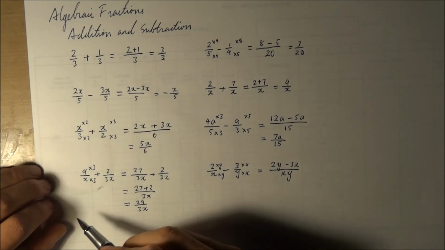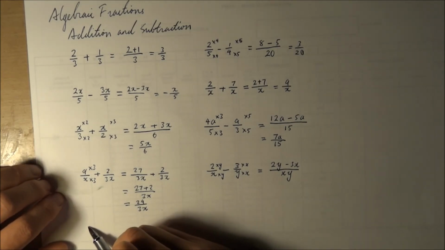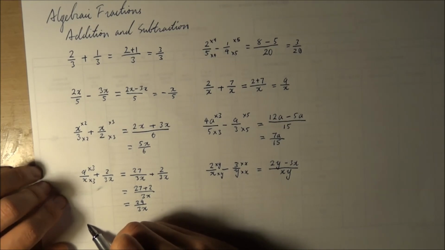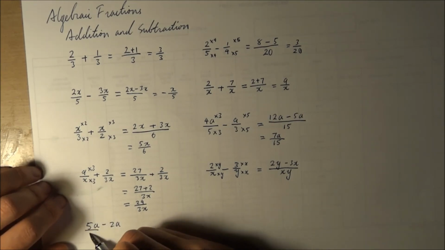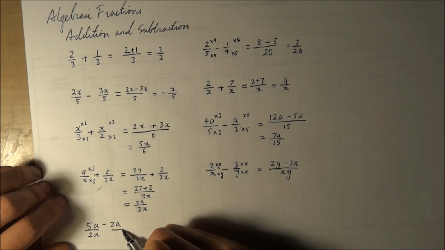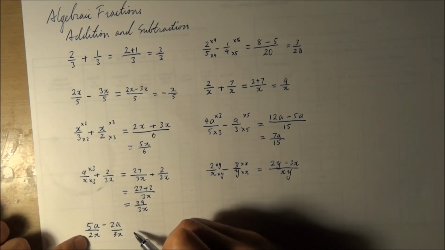So let's try another example where we only have one pronumeral. Say 5a minus 2a. So in this particular case, we have to